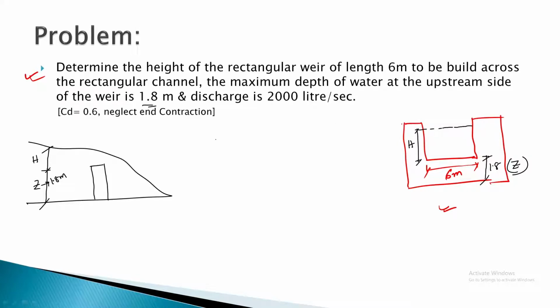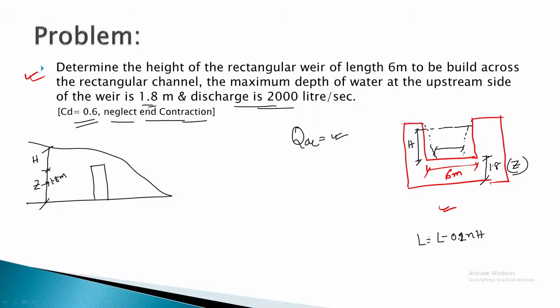As per the rectangular channel, and what other details are given, the discharge is also given. This is the actual discharge, so Q actual is given, and Cd, the coefficient of discharge, is given. Here the condition is also given, that is neglect the end contraction. If the effect of end contraction is there, then we need to decrease the effective length of the crest, where L equals L minus 0.1